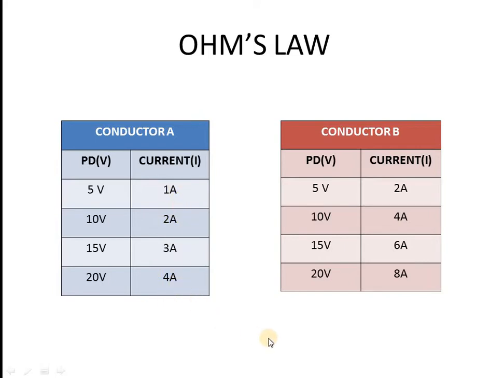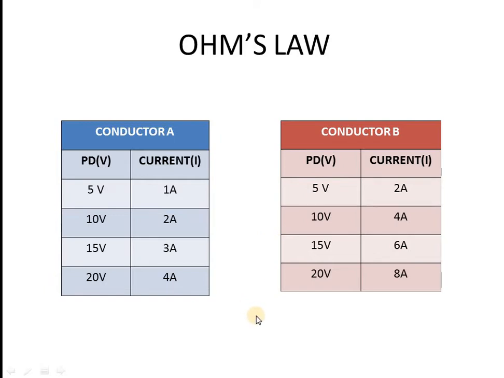increases. But one difference you will note is that when the same amount of potential difference is applied to these two conductors B and A, we find there is a difference in the current drawn by conductor A and conductor B. It means the amount of current drawn by conductor A when a potential difference of 5 volt is applied is quite less than conductor B, which is 2 ampere when a potential difference of 5 volt is applied, which says that